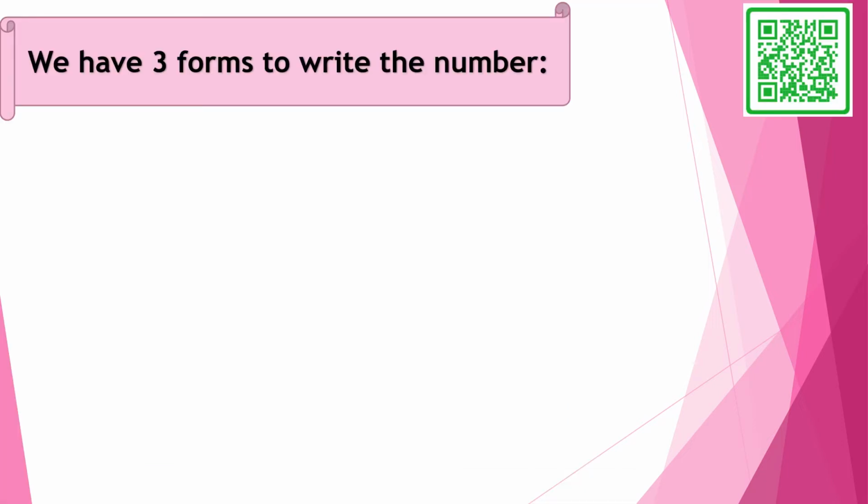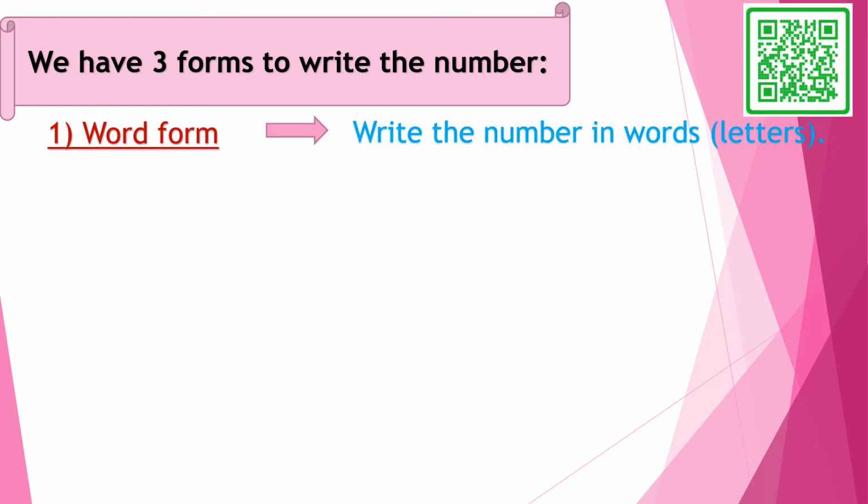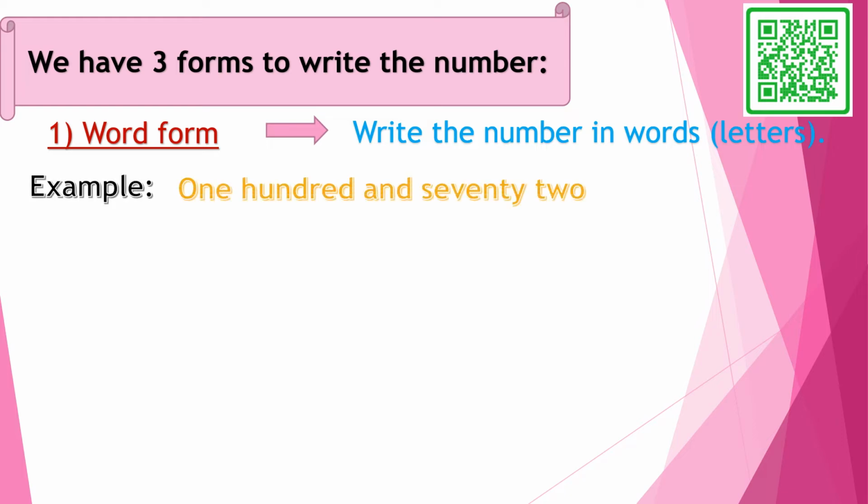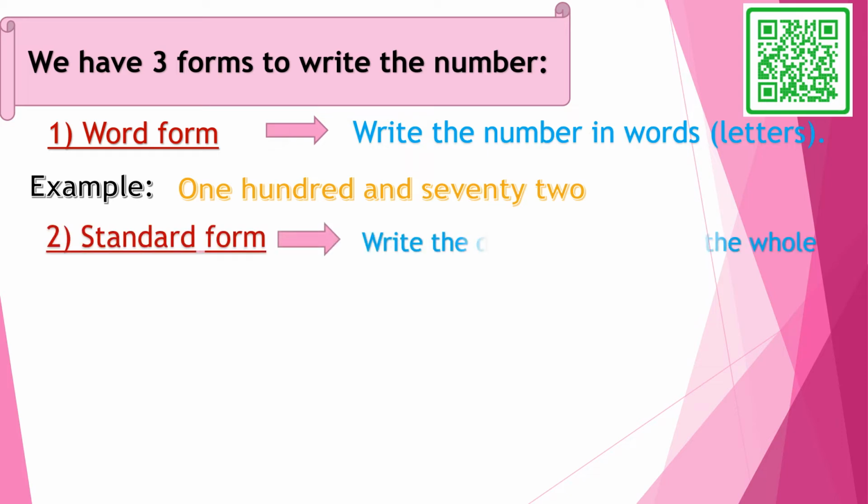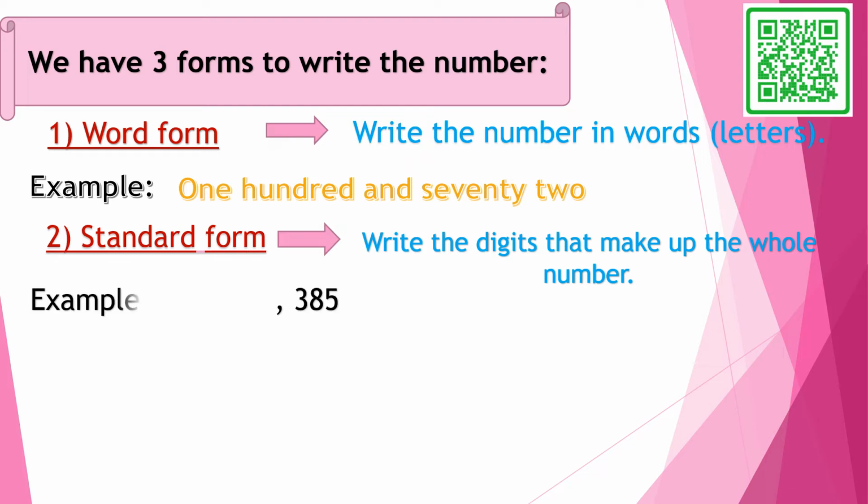We have 3 forms to write the number. Number 1, word form. Write the number in words or in letters. Example, 172. Number 2, standard form. Write the digits that make up the whole number. Example: 542,